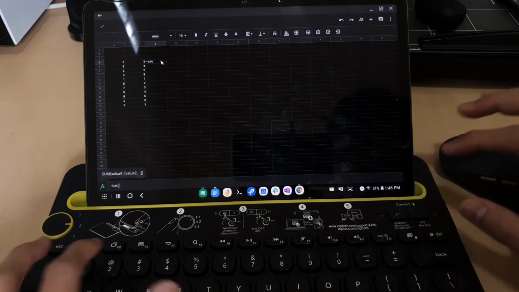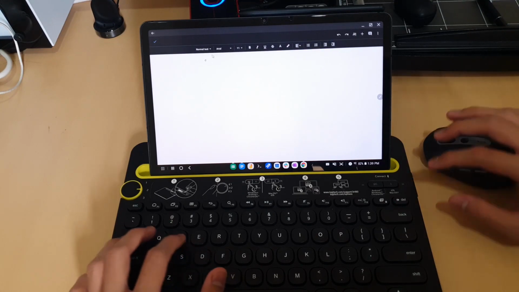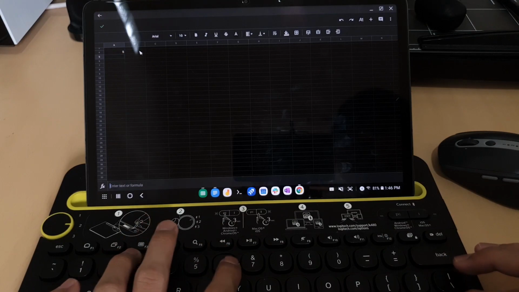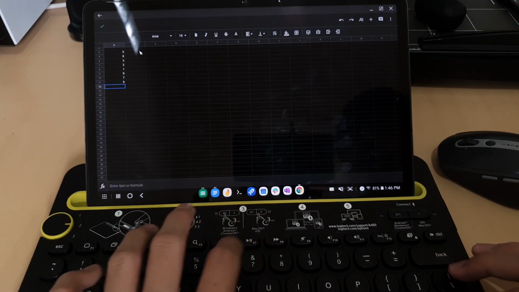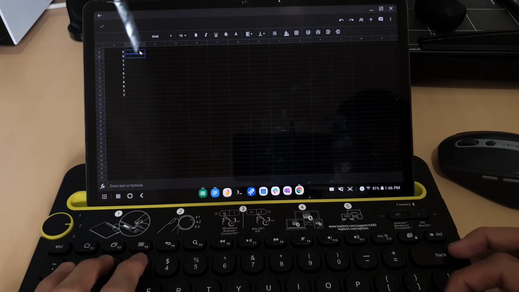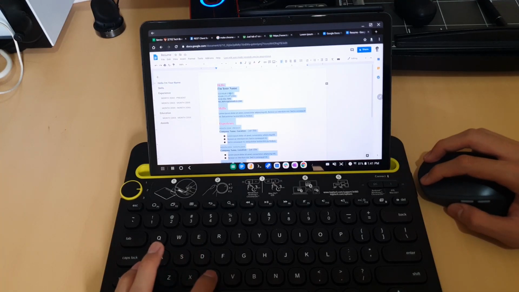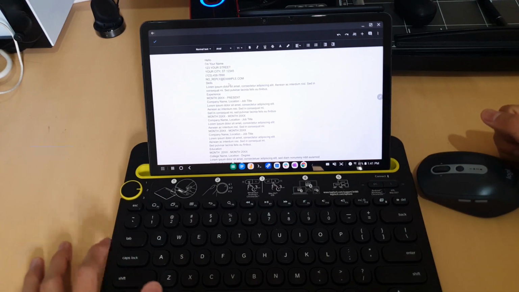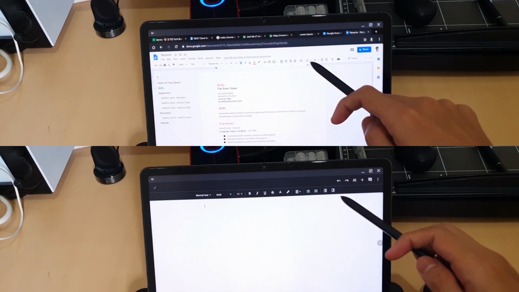The next one is Google Sheets and Google Docs. Both apps are working fine, but not so good. All basic actions are available on native apps. I can comment, it is easy for editing, but the formatting experience is not so good. I cannot copy content of another document with the same format as I can do in the browser version. I also need a learning phase because the menu is different.